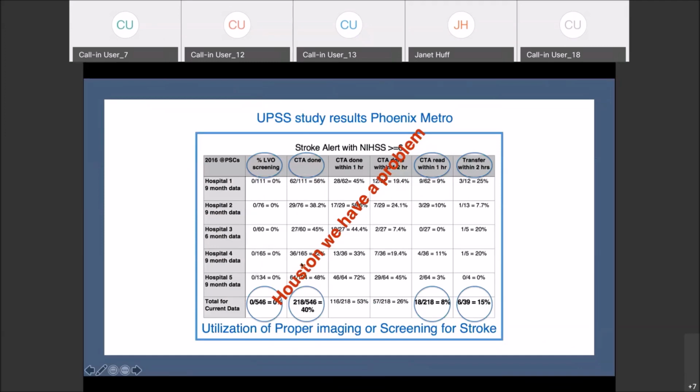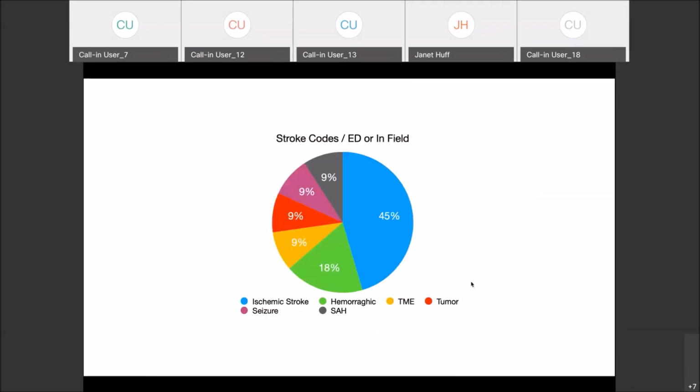But the point of the matter is, we were not screening people, and even the ones that had NIH stroke scale greater than 6, about 40% were screened. That means 60% of patients that should have been screened weren't. And for the transfer times, 15% were done within 2 hours. That means 85% took greater than 2 hours. So again,